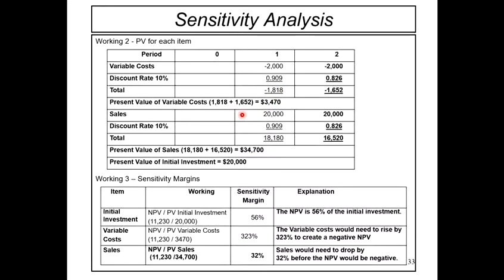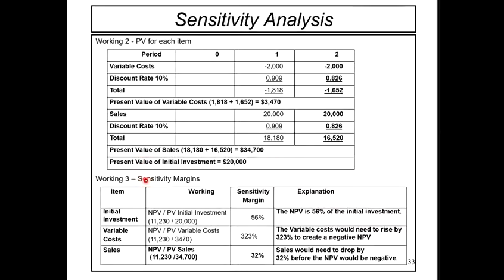And then buat pula untuk sales 20,000. Okay, so again ambil discount rate 10%, tengok PVIF punya table, and then you akan dapat darab je 2. 20,000 darab dengan 0.909, you akan dapat 18,180. So you akan dapatlah PV untuk sales, tambah je 2. 18,180 tambah dengan 16,520. So you akan dapat 34,700. So untuk PV of initial investment 20,000 tu sajalah. Okay, sebab dia punya discount rate still 1. So akan dapat 20,000 je.